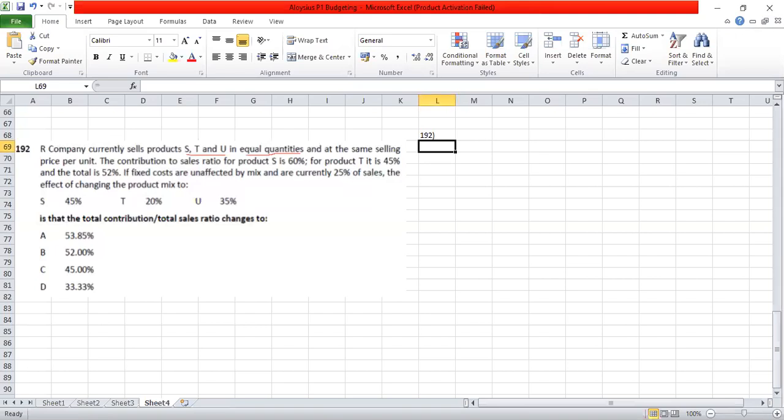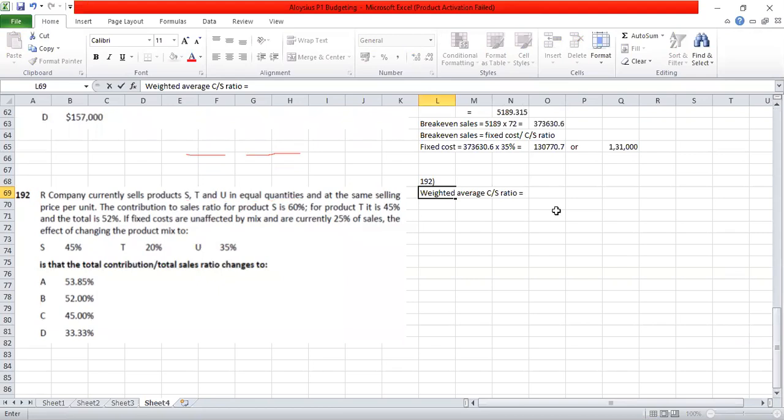So the effect of change in the product mix. We have the total contribution to sales, that is nothing but the weighted average contribution to sales ratio. Contribution to sales ratio is given, which is equal to, we have to consider all three of them in their respective weights. The first one has a ratio of